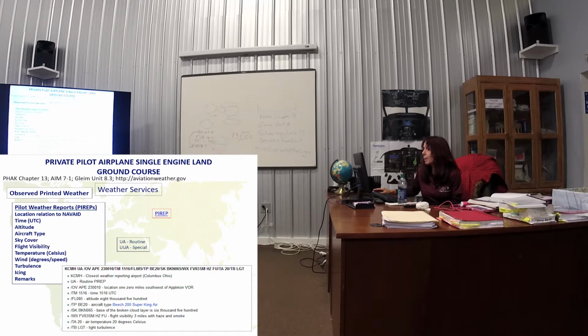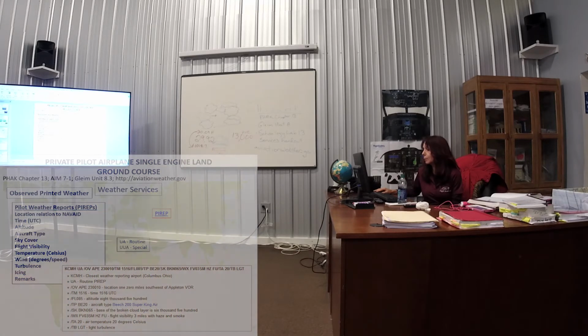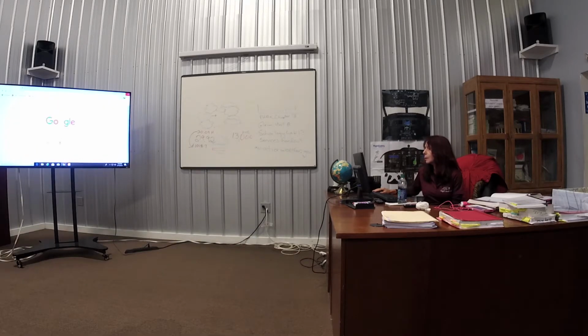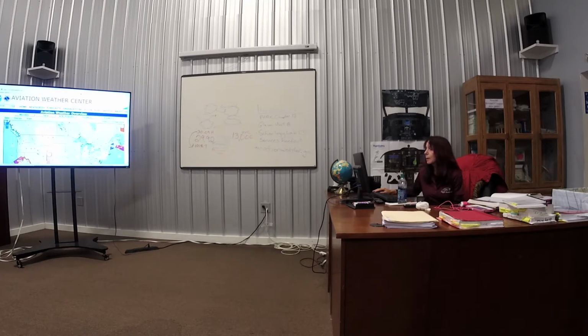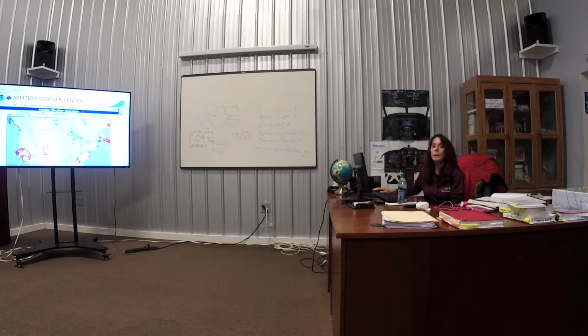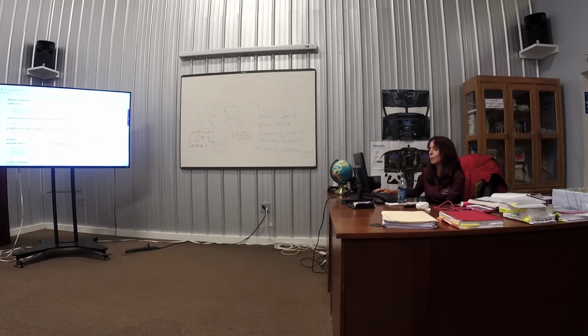I have the direct links on the PowerPoint if you want to do it, but I prefer to go from the starting point so you know. We're still on observed. My preference, let's make it small for when I get into some of the weird reports like PIREPs, I go to Tools, Standard Briefing. All your services are here. Well, except for like hurricane and a few other really weird ones. So let's scroll down. Right here's a PIREP.